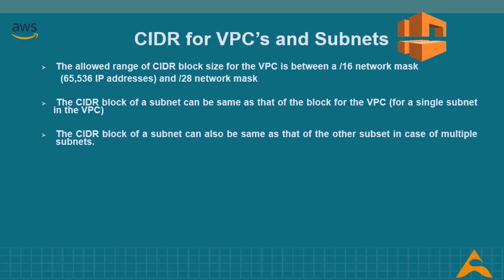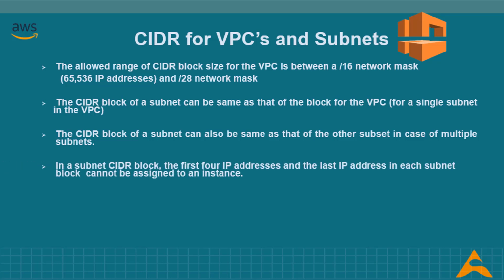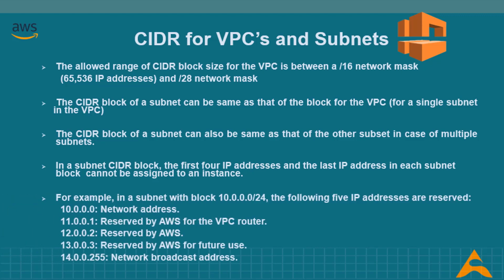In a subnet CIDR block, the first 4 IP addresses and the last IP address in each subnet block are not available to use and cannot be assigned to an instance. For example, in a subnet with the block 10.0.0.0/24, the following 5 IP addresses are reserved. 10.0.0.0 is the network address,